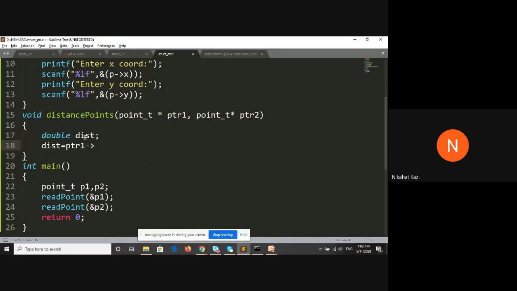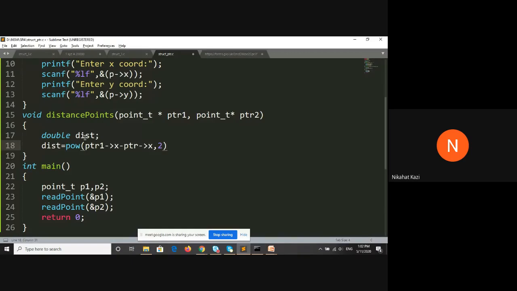So that will be ptr1 arrow x minus the second point's x coordinate, ptr2 arrow x, this squared. So what we can do is use the power function.